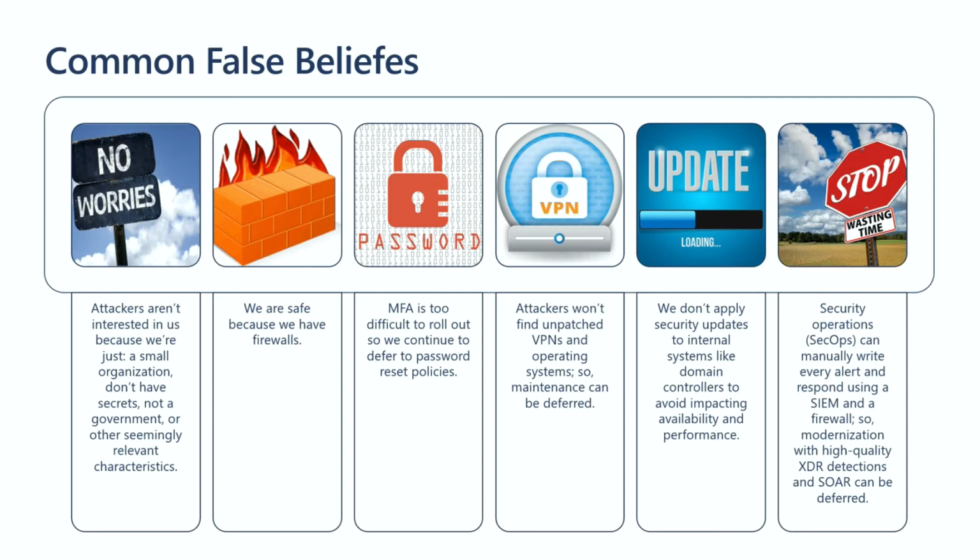MFA might be too difficult to roll out, or in education, it is very difficult. And so a lot of times you'll defer back to password reset policies. And what it comes down to is MFA is one of the biggest capabilities to reduce your exposure level. There's a lot of avenues through YubiKeys, through OAuth tokens, different phones. It doesn't always require a smartphone, but being able to implement other controls to help you with that rollout and leverage MFA is a huge win.